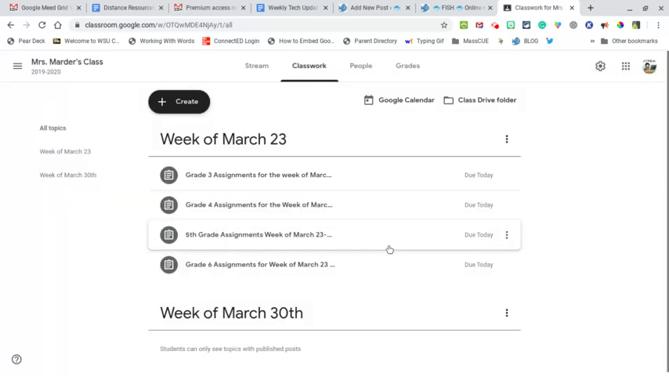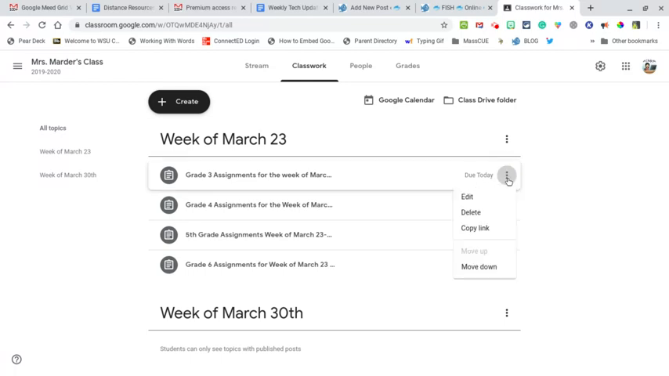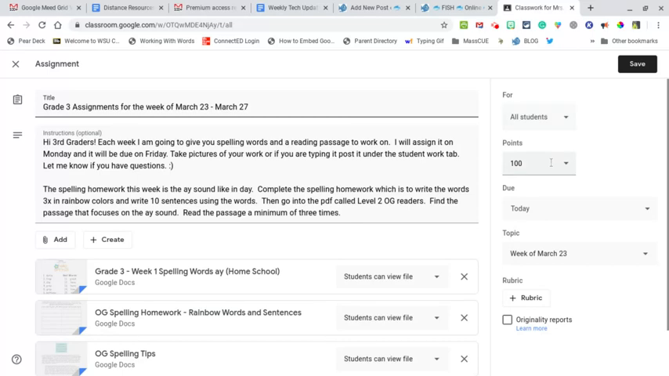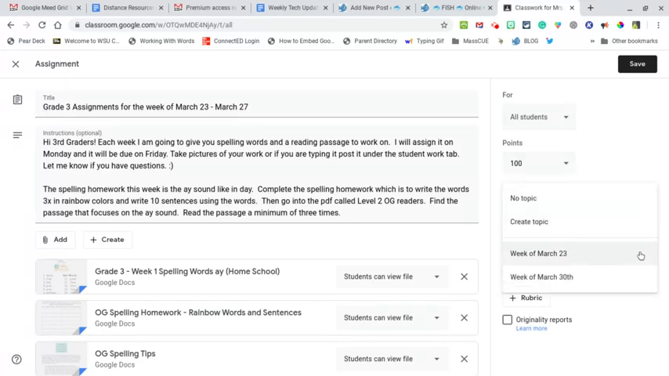And you'll notice that teacher has her assignments in here for the week of March 23rd. And if you already have assignments in there, you can simply click edit in your assignment and go in here. You can choose the topic, and you can even create your topic right from in here. So if you're creating an assignment and you accidentally don't have a topic, you can create it there. But she can choose which week it's going to go in, week of March 23rd, and then she can put